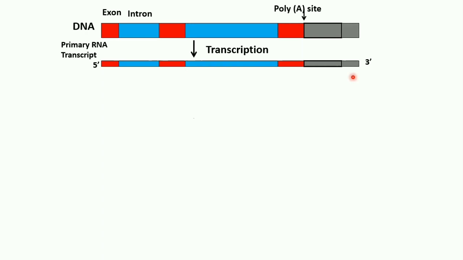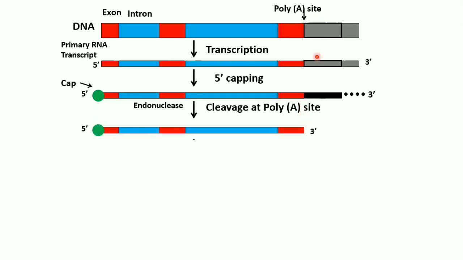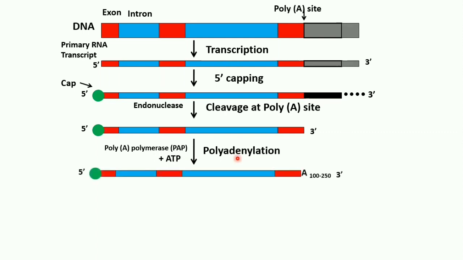RNA processing provides an additional site for eukaryotic gene expression. So we will first see what all the RNA processing involves. Here, the first thing is that capping is done on the 5' end. Then this is the site where the poly A tail has to be added for the mature mRNA. So this site is cut by the endonuclease. Can you see this has been removed? And this 5', this newly formed 3', their polyadenylation, that means around 100 to 250 adenyl residues are added.